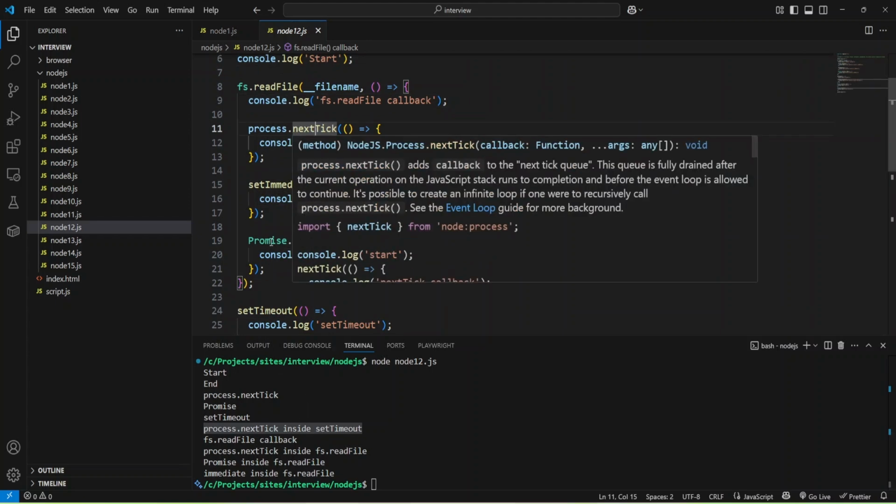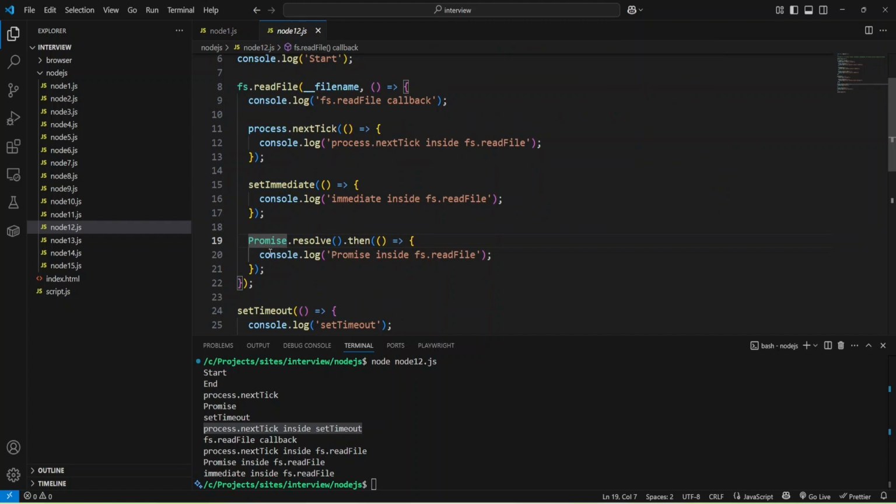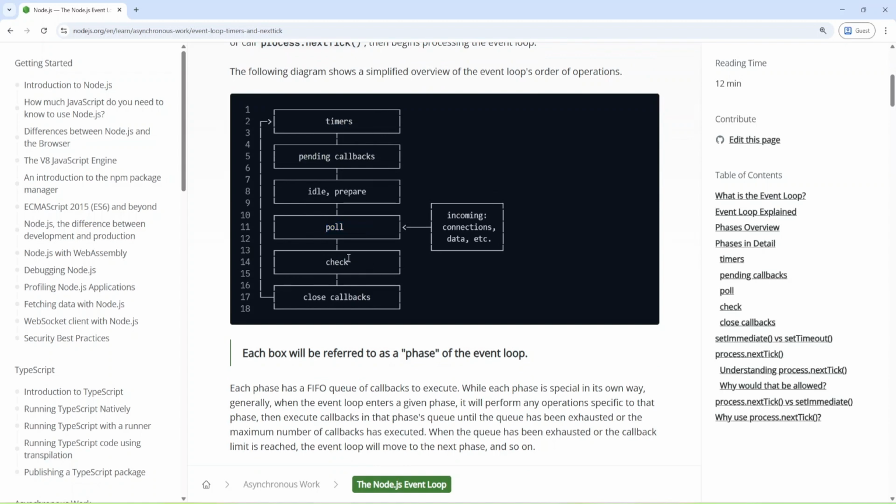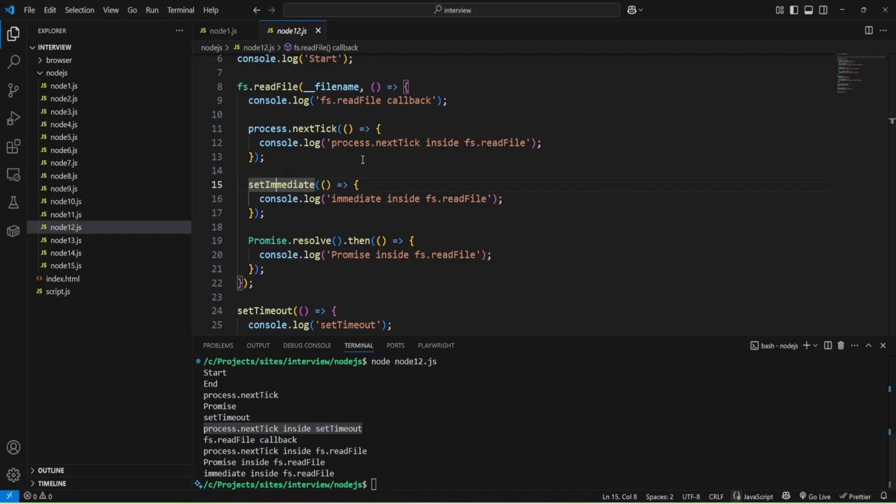And as you can see, promise has priority over set immediate, and also set immediate is the next phase of event loop, but promise was executed, and we have this console log message, and only then set immediate was executed.